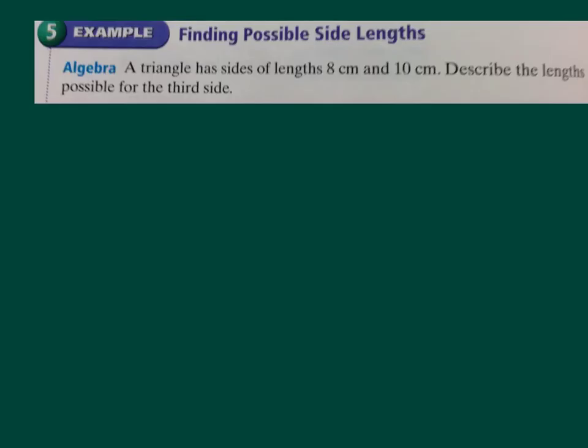The last type of problem you need to know how to do is if I give you 2 sides of a triangle, what are the possibilities for the third side? The way you're going to do this is if the 2 of the sides have lengths 8 and 10, first you're going to subtract the 2 numbers. You're going to go 10 minus 8, of course you get 2, then you're going to do 10 plus 8 and get 18. So the third side has to be greater than 2,